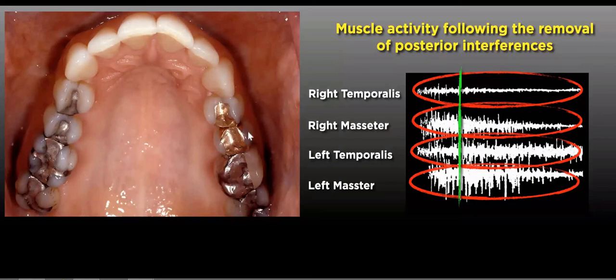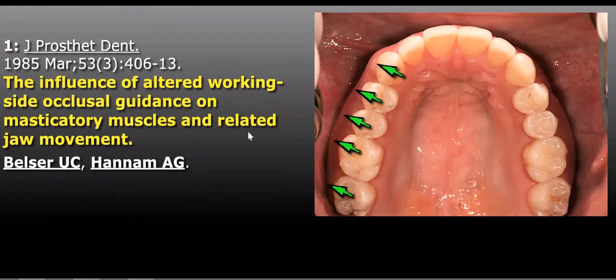You had Belzer and Hannum do the same thing. They took people that had group function occlusion. So when they went to the right, all the teeth on the right touched. They built up the cuspids with composite. Now you had a canine guided occlusion. And their conclusions were when you had a naturally acquired group function and you temporarily and artificially changed it to